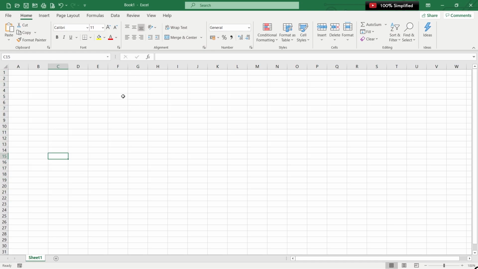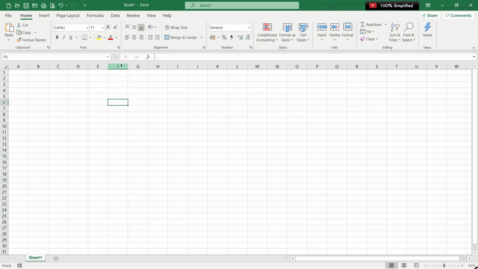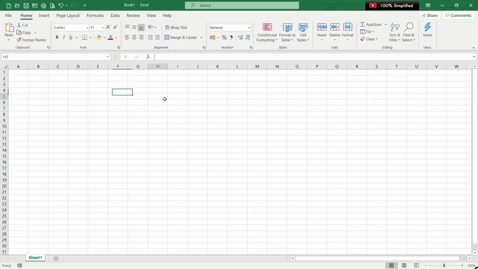Now, as soon as you click on a particular box, or for our understanding, let's call it a cell, there is a column which is affiliated with that cell, and there is a row which is affiliated with that cell. And the column and the row gives it a name, that is F6. So every cell has a unique name, which is called F6. So the spreadsheet is nothing but a lot of cells put together, which comprises the columns and the rows.